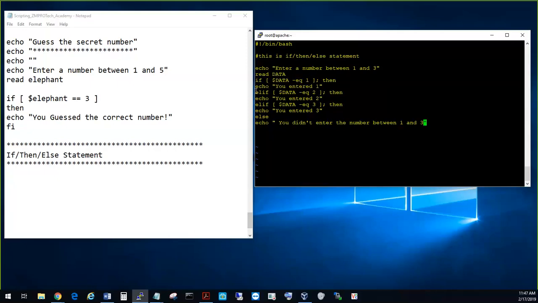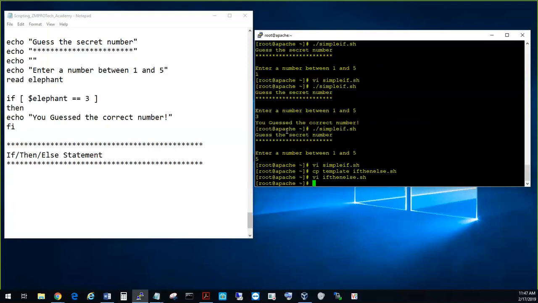If somebody enters 2 here, then you have defined in here that it will display you entered 2. Similarly with 3. If they entered something else, if they didn't enter 1, 2, or 3, then it will display you didn't enter the number between 1 and 3. Or you could do whatever you want in here. This doesn't define the script. Okay,